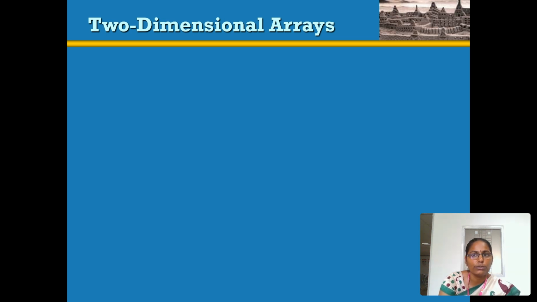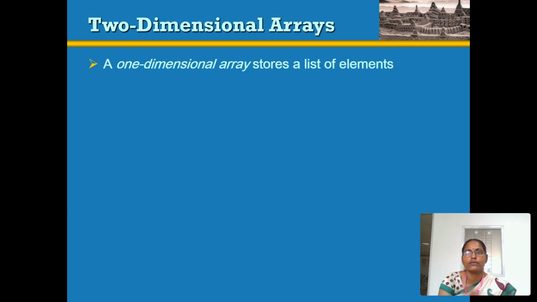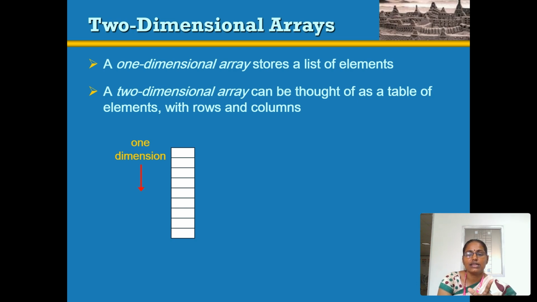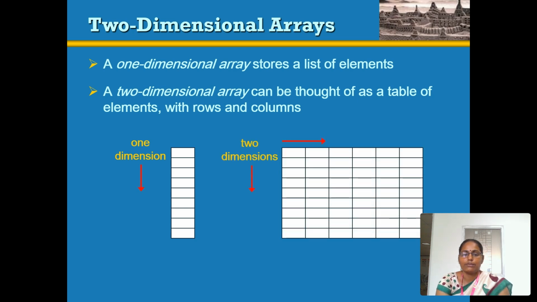We are going to see the two-dimensional array. A two-dimensional array contains two square brackets. The first square bracket contains the row value, the second square bracket contains the column value. The best example for a multi-dimensional array is matrices. In a two-dimensional array we have a table which contains rows and columns. A one-dimensional array contains